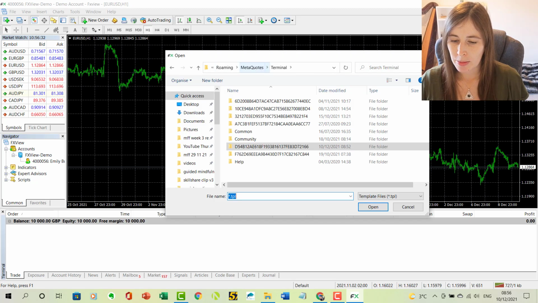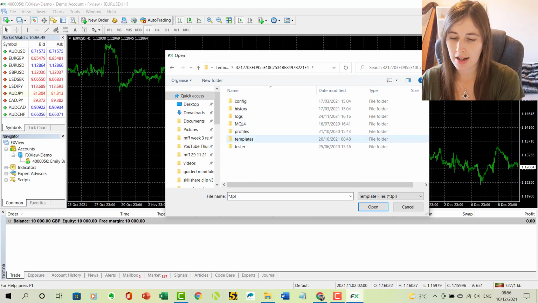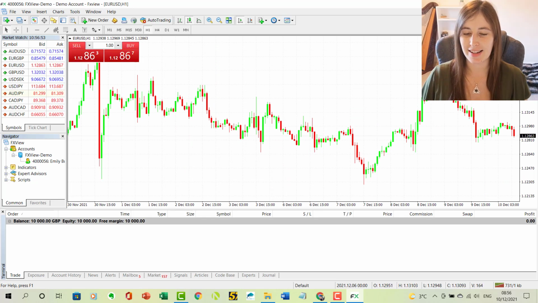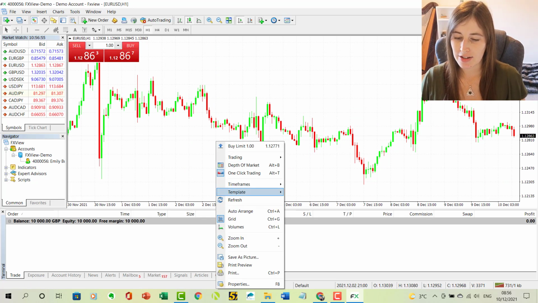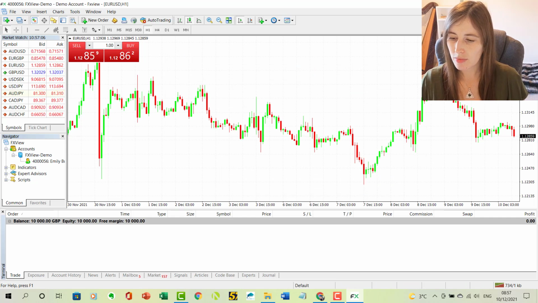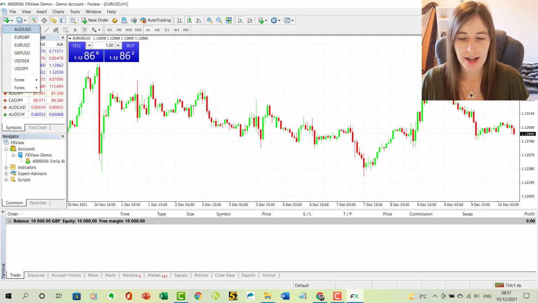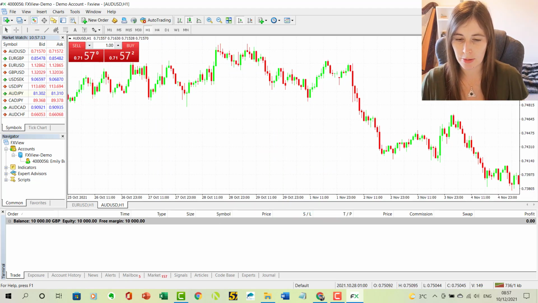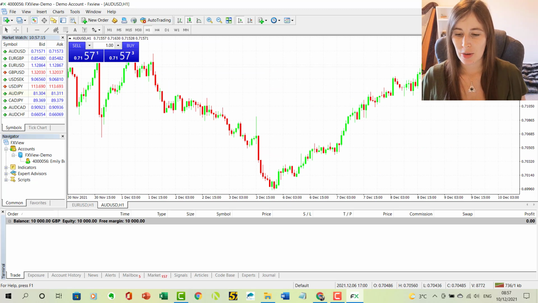And just going back a couple here, you can see all these different long numbers, and they're all the different accounts I have with different brokers. So if I go into a different account here and click on templates, and then I'm going to click on main white, and this is a basic account that I like to have. So I'm going to save that into this folder now, and I'm going to call it the same name, main white. And that just means that when I open a different pair, I can right click on template and choose main white, and that will just load up the chart that I like to use, which is nice, clean and